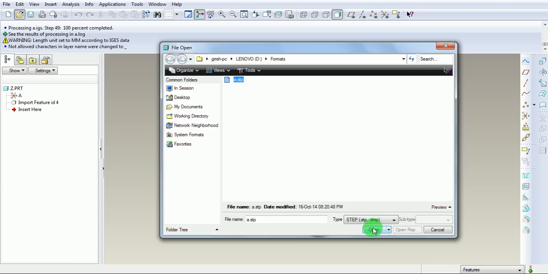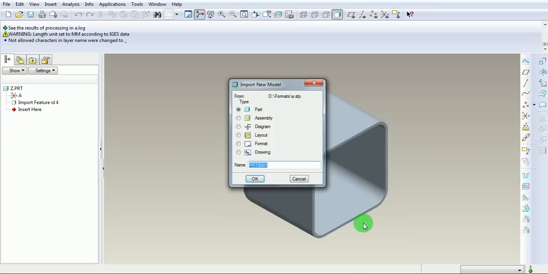Pick on that file, pick on Open. Again it is asking whether the model is to be imported in the part format or an assembly format. As we know, A is a part file, hence import it as a part by the name X. Pick on OK.